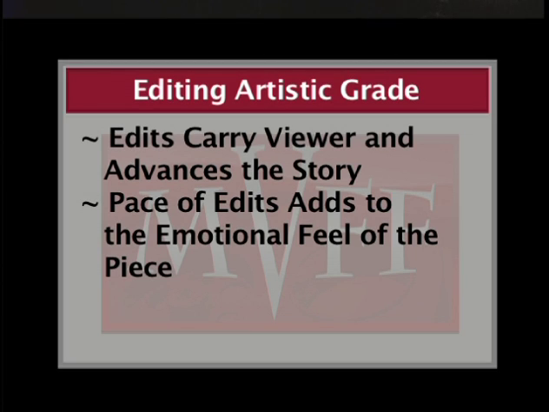Lastly, the third measure of judging for the Best Editing category is its overall artistic aspects. Judging artistic merit of the piece will look more at the pace and feel of how the entry was edited. The higher score will be given to pieces that take us through the story with seamless transitions and pace the edits considering the emotional state of the viewer. For instance, if an action sequence seems meandering, then perhaps the student failed to pace the edits properly in that scene.